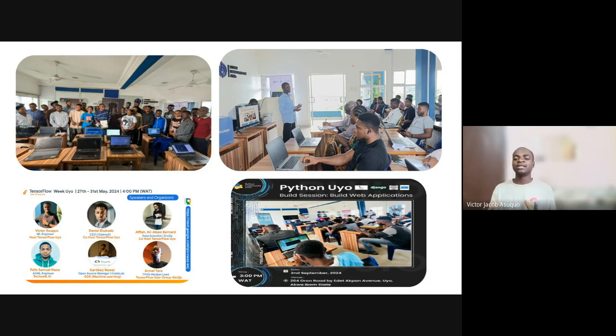This is when we had our AI community day. AI community day is a day set aside by community members to come together and discuss the areas AI can be used to solve problems in Africa. Because we are from Africa, we have lots and lots of problems to solve. This is why we want to use AI to solve these problems.